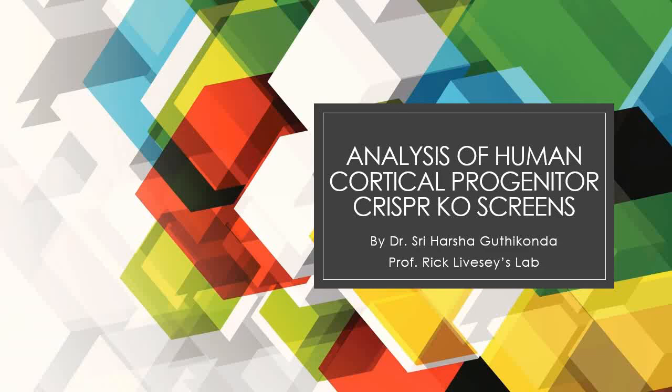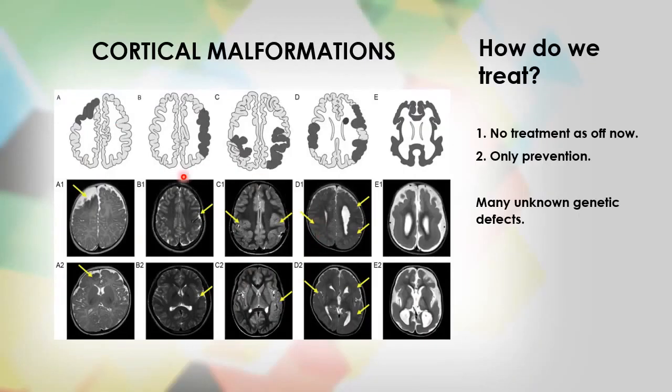Good morning. My work is on analysis of human cortical progenitor CRISPR knockout screen. These are some of the cortical malformations. And as high as 30% of the malformations that stem from genetic defects cannot be attributed to specific genetic causes. For their prevention and to inform on the non-genetic causes, it is necessary to identify genes and pathways regulating cortical